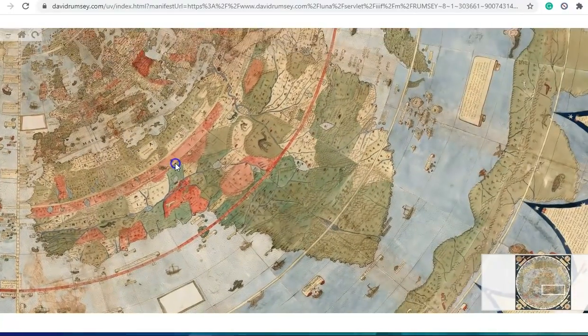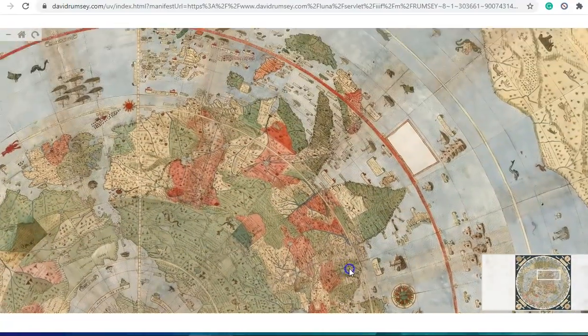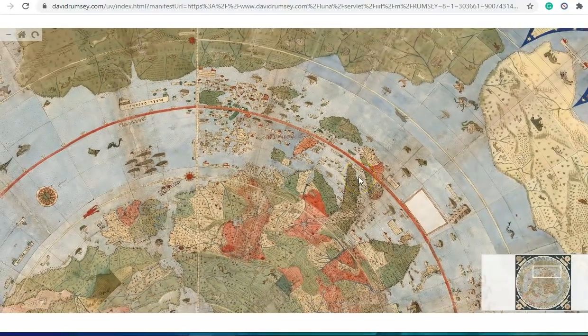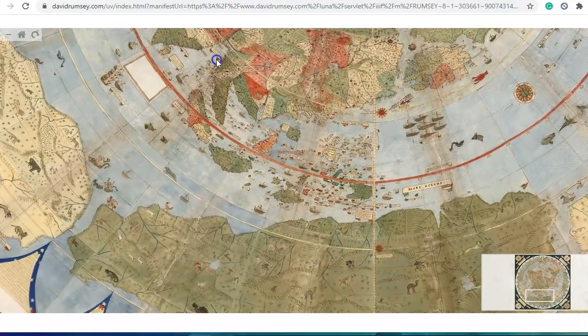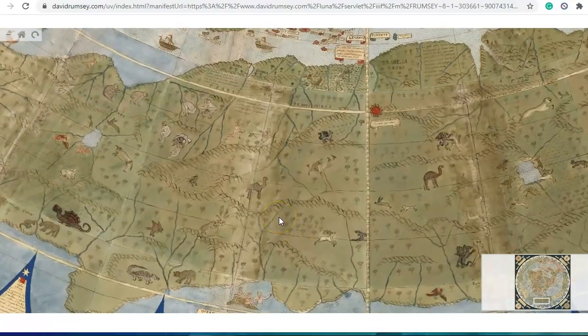Over here is Africa, as you can see, and that would make this Australia, I guess, because this is India. And I can turn this around, this map, I believe. Now I'm lost there. India. So India, this would be Southeast Asia. And so we get all these islands, but then we get this big landmass